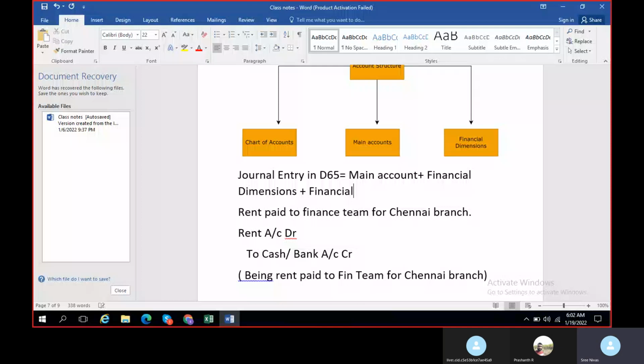So if you see here, okay, instead of the rent account, let us, for example, assume that you are purchasing some products from a vendor, right? So let me select